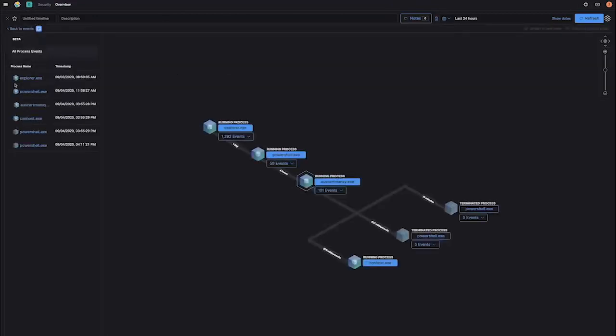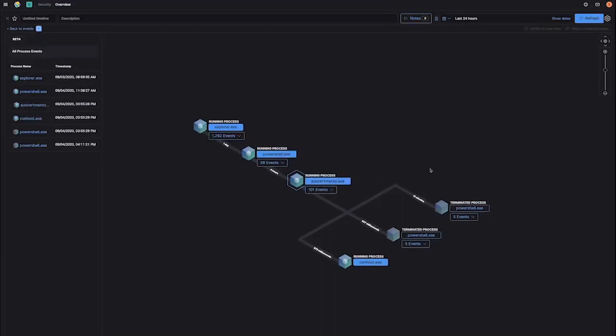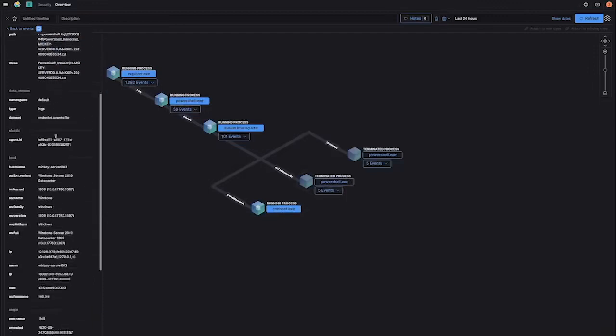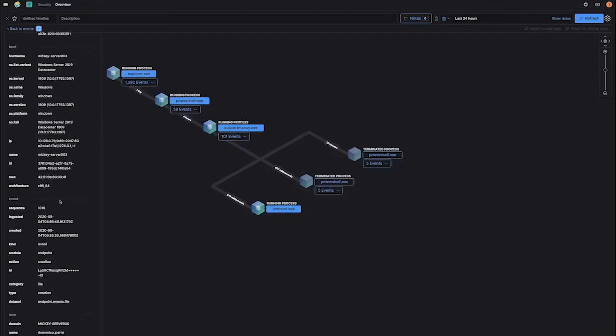Now we select analyze event. It gives us this process tree. So I've created a fairly obvious process name here. But you start to get a little bit more understanding about, here's this terminated process. You've got 5 events where you've got 1 library to load, 4 files being written. But because I've got PowerShell transcript logging, I've got it in PowerShell log.log, so I can actually see that this file has been executed. I can look at some of the network traffic between each of these, how long between each of the processes that were run 15 minutes ago. This is 927 milliseconds. Like, you start to get an understanding of what is going on.